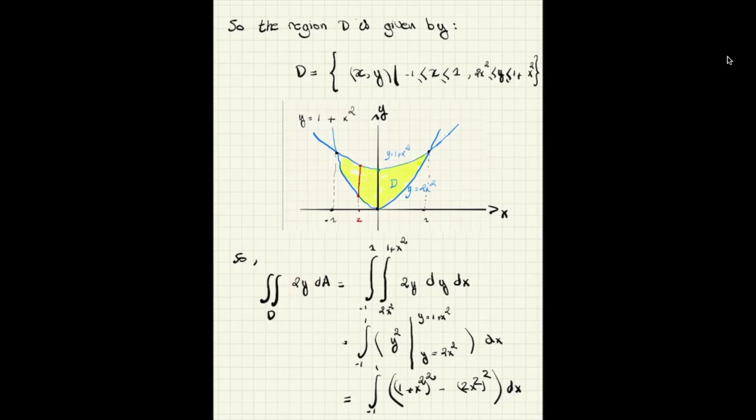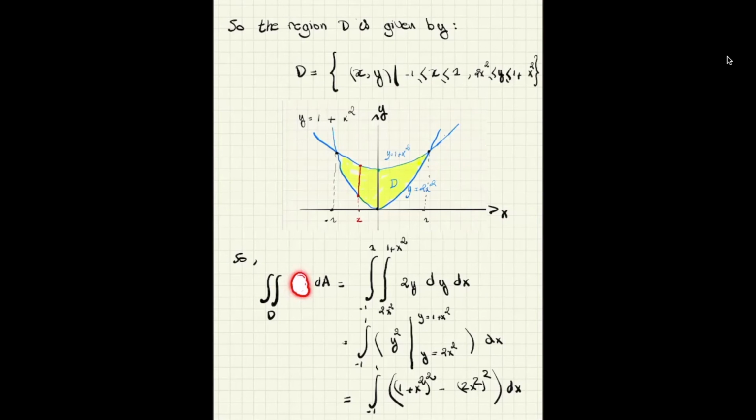Yeah, but we're not calculating the area here. Be careful because of this factor here, right? If I didn't have this one here, then yes, what you're saying is right. You're just computing the area of the region D. And that's exactly what you've been doing in single variable calculus,